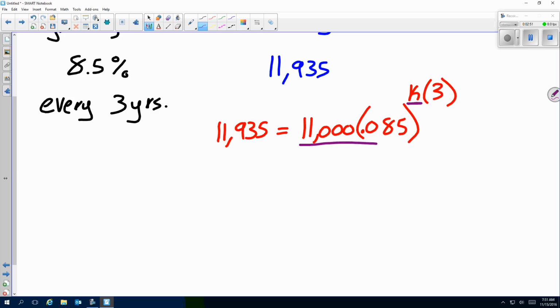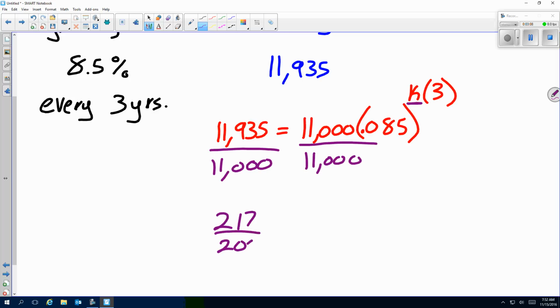Let's peel off some layers. I'm going to divide by 11,000. And I highly recommend you have a calculator at your desk when you do this, and you'll get some cool answer. I just typed it into my calculator, and apparently it's 217 over 200, which is a little bit more than 1, right? Is equal to